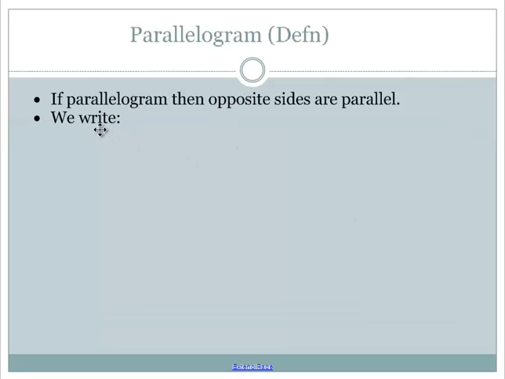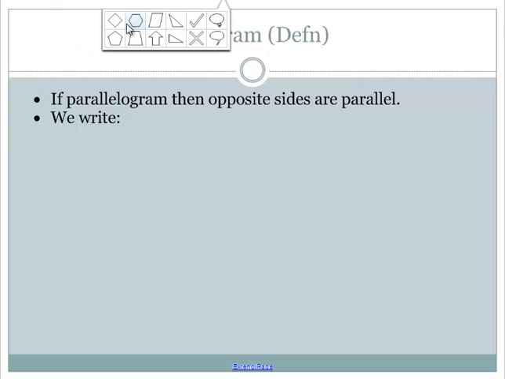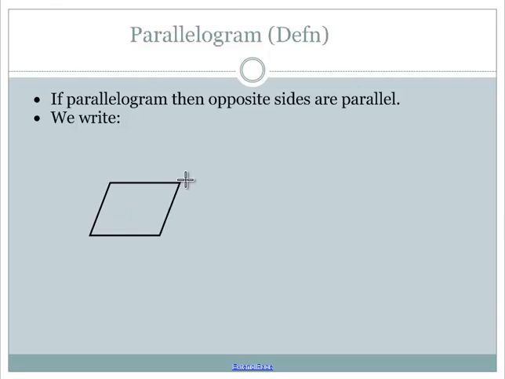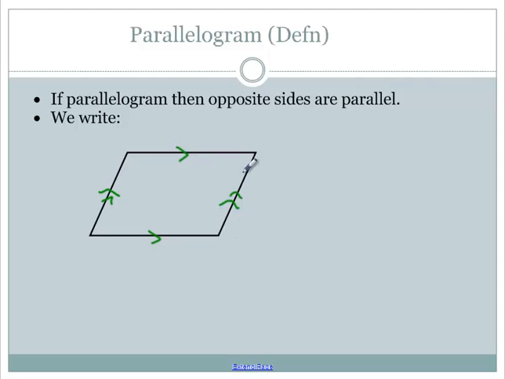So the first initial definition is if a parallelogram, then opposite sides are parallel. In a four-sided shape, the opposite sides are parallel, making it a parallelogram. So here's our parallelogram, and we're going to mark that they're parallel by drawing arrows. And that's all we know, and as long as we know that, we're good. And we're going to write the statement if parallelogram, and I'm going to draw a parallelogram instead of writing the word, then